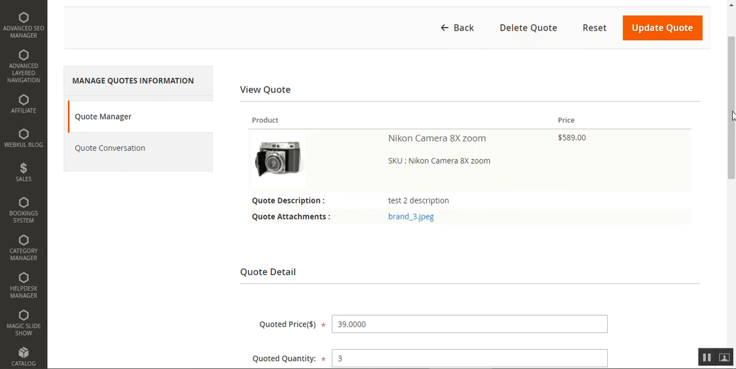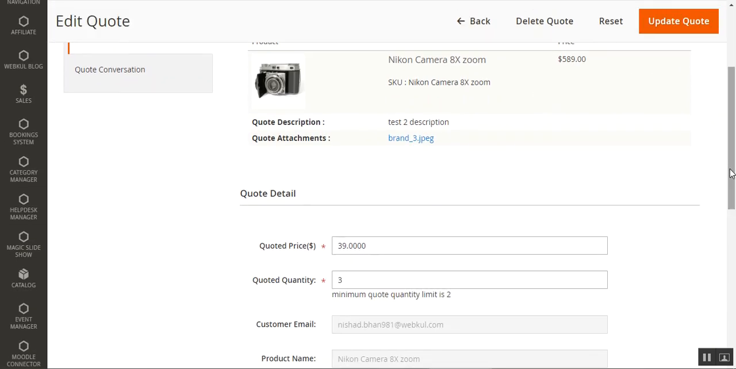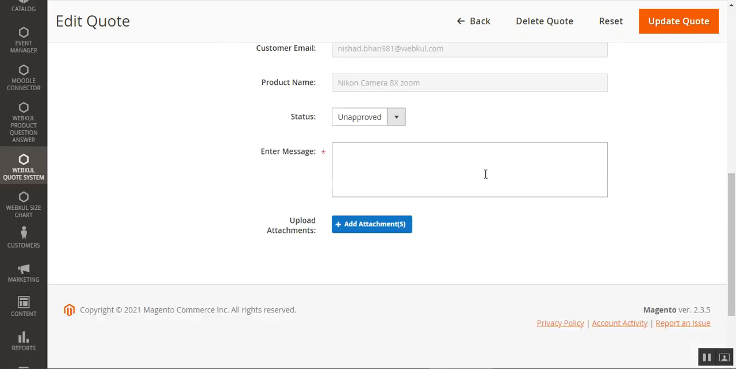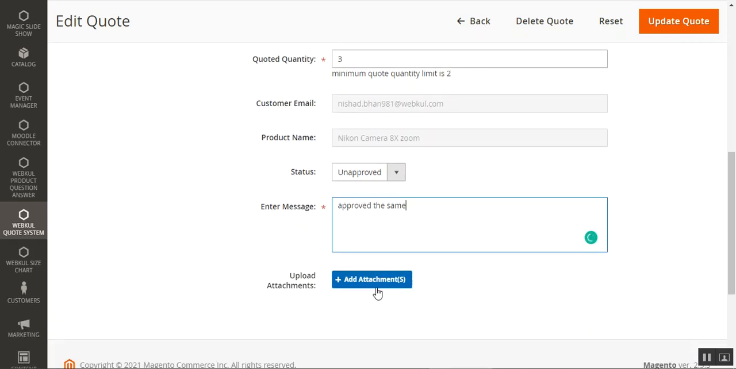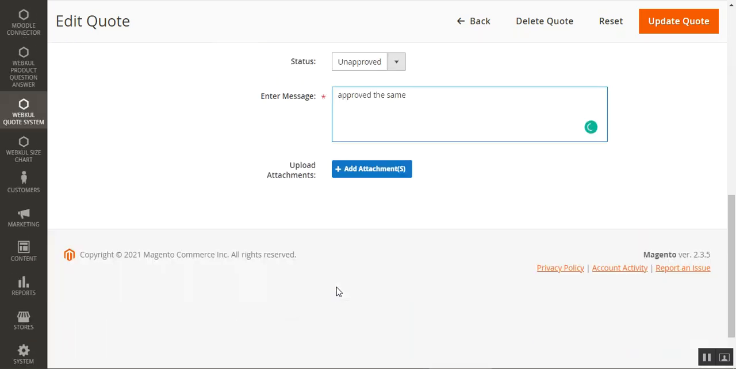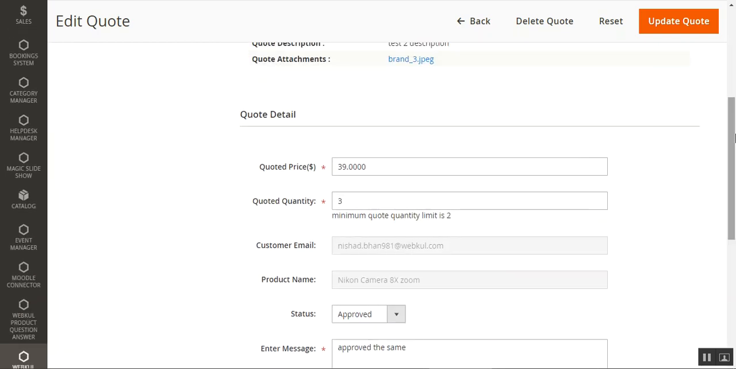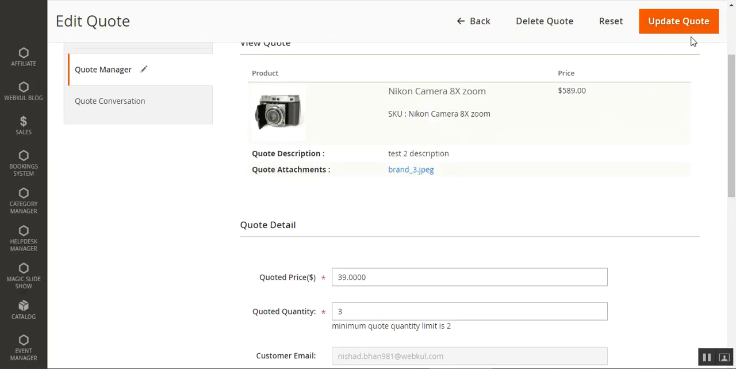So here's the code manager. Here are the details of the same, the code description, the attachment, and the name of the customer, the customer's email, product name. We can, for example, let's approve it from the admin's end. I'll just send the message to the customer, approve the same. And if the admin wants, he can also attach some attachments here, and we've chosen the status now as approved. You can also decline the same. Now we can tap here on update code thereafter,